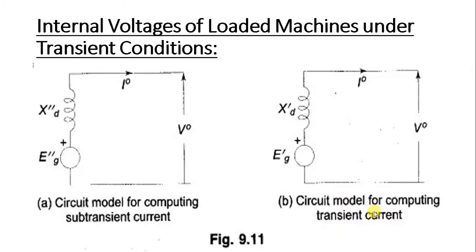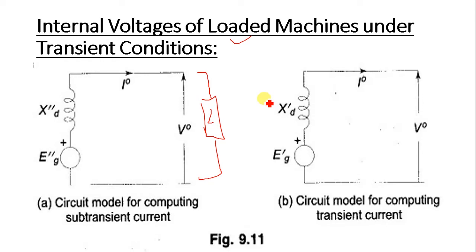Now we are going to discuss finding the short circuit current when our synchronous machine is loaded. In the previous case we discussed when the synchronous machine is unloaded, where we are not connecting any load. Now we connect the load across the terminals of the generator. In this figure I have not shown it, but you have to consider that our synchronous machine is loaded. In that case, we are going to find the short circuit current.